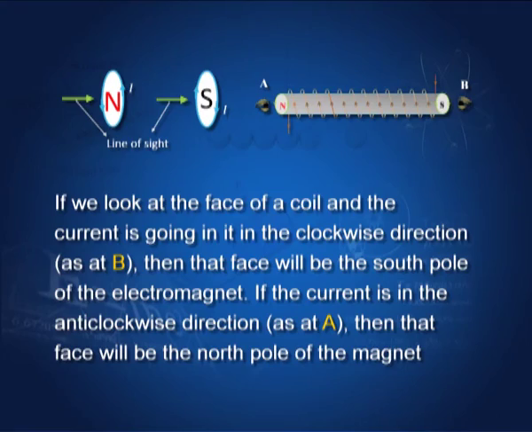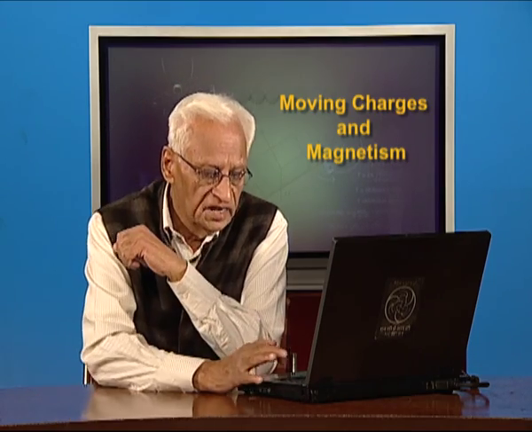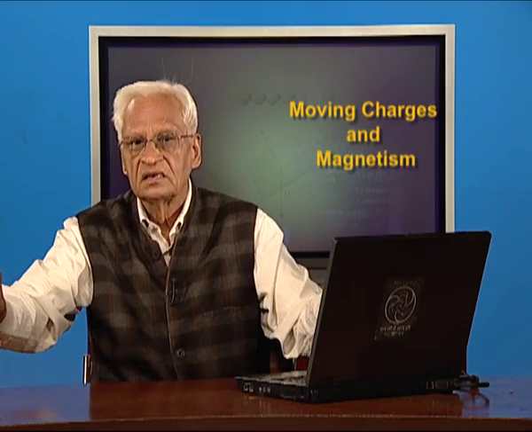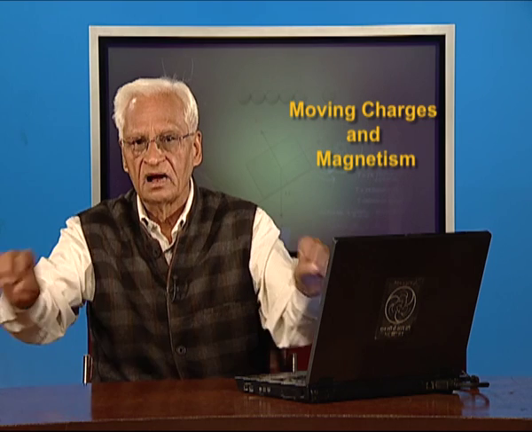You see here as I have shown by the eye where I look, as I look the current goes through this anti-clockwise, therefore, this is a north pole. If I look from this side, then it is a south pole. In any case, if it is a north pole on one side, it has to be a south pole on the other. We have found the magnetic field due to a solenoid. I want to repeat this. The important fact is that by the use of a suitable solenoid, we can get the magnetic field that we desire, and the magnetic field is concentrated near the axis of the solenoid, especially if there is a core of iron or material like iron.